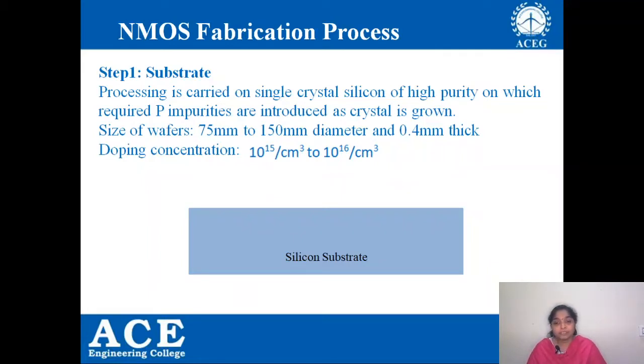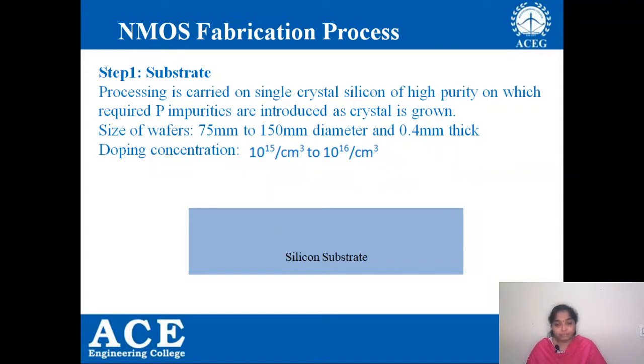Actually, from the process of silicon wafer manufacturing, we won't get this p-type or n-type substrate. We are going to get a pure silicon wafer. So how do you convert that pure silicon wafer into p-type? By doping with p impurities, like all third group elements or acceptor elements. If you dope with these types of elements, the silicon substrate will be converted into p-type.